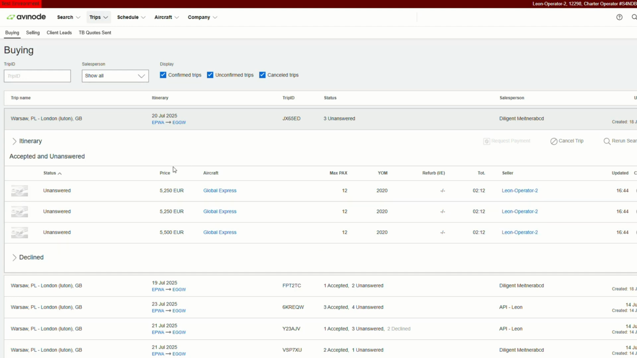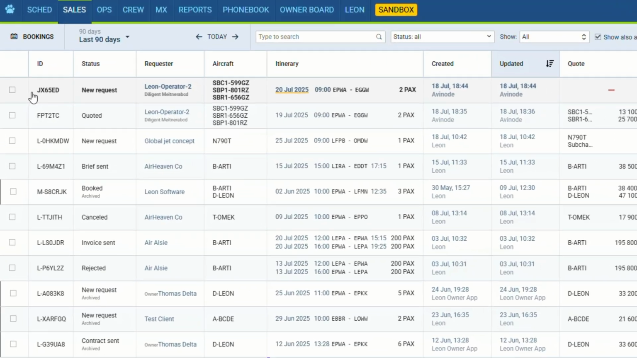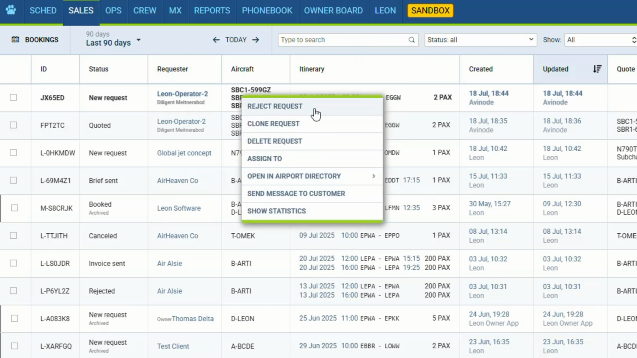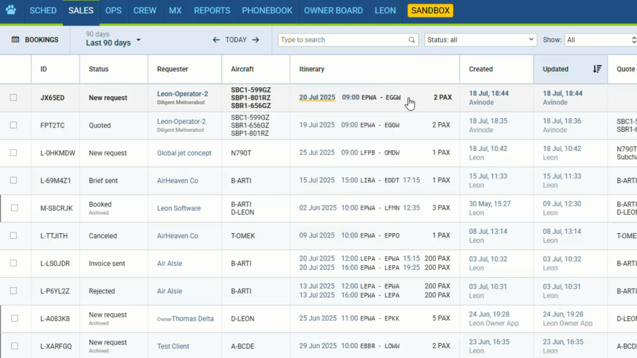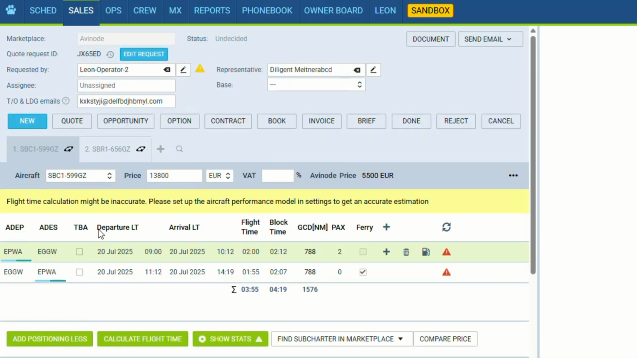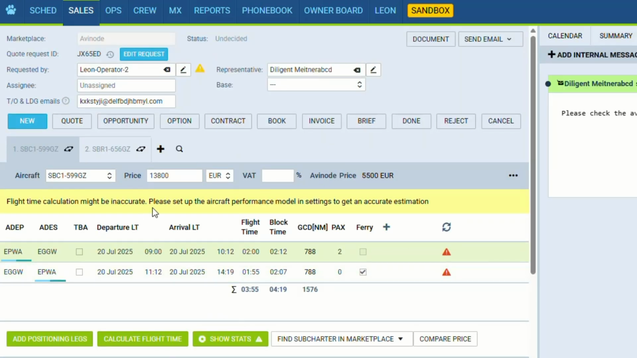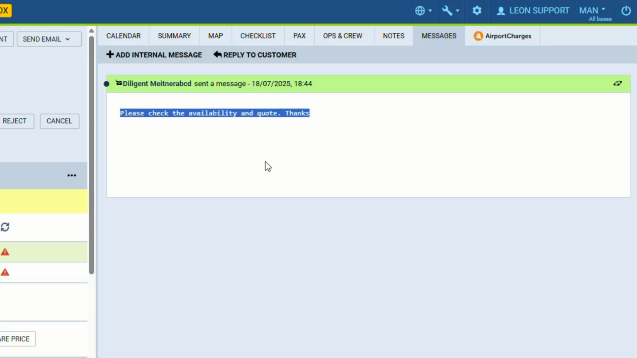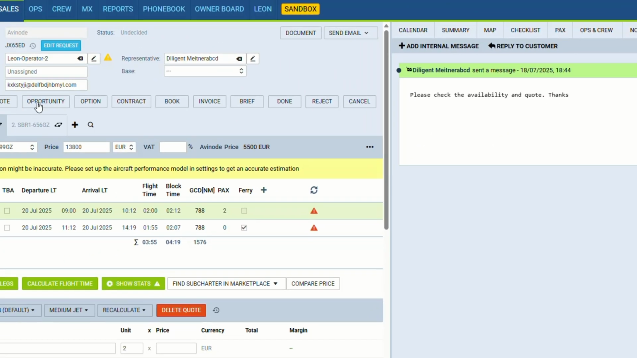On the operator's side, we can see the request right away, with the same request number and ID as in Avinode. The operator can reject the request from the main view if the operator is confident they wouldn't be able to match the price, or they can edit the request. If the price is disconnected, the request price would be recalculated based on the Leon pricing. We can also see in the messages that the message sent from Avinode is also attached automatically, and we can